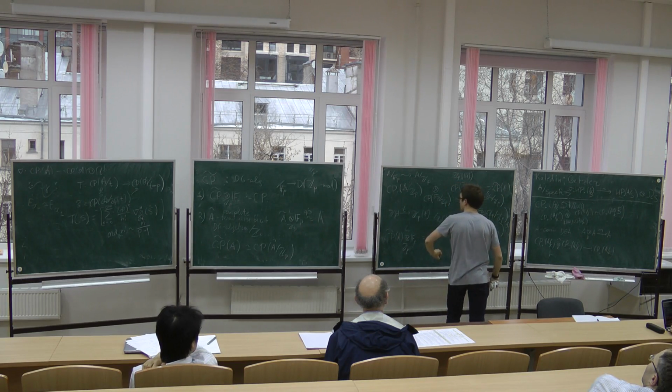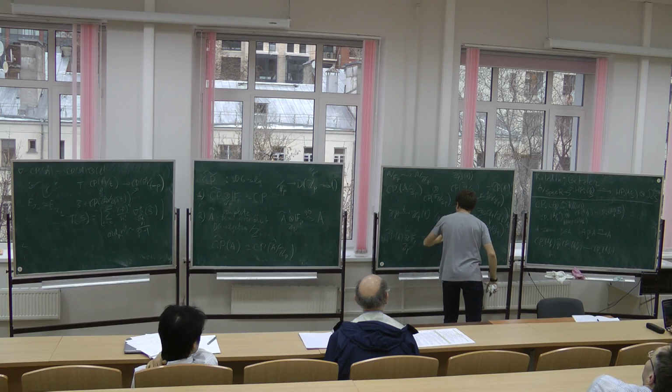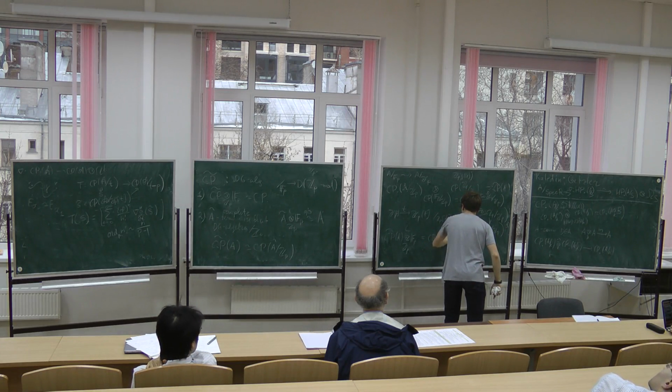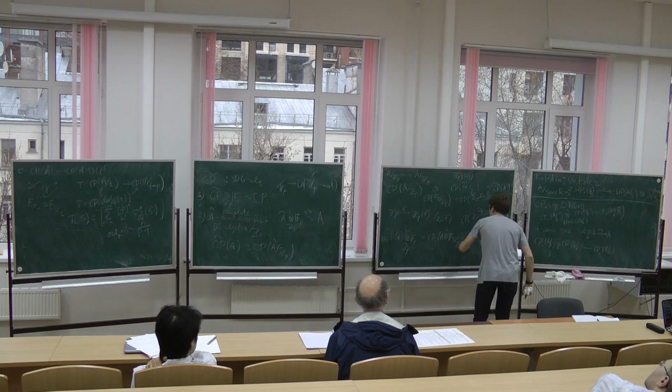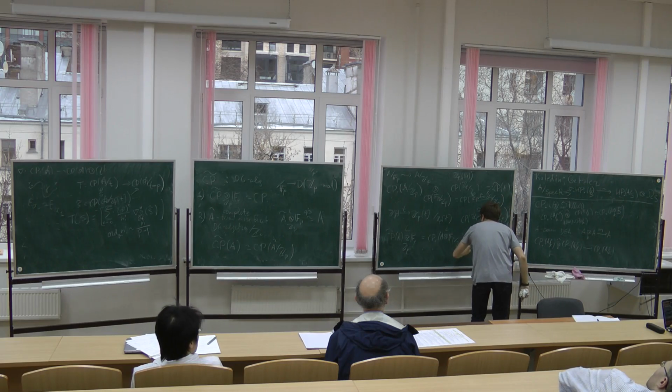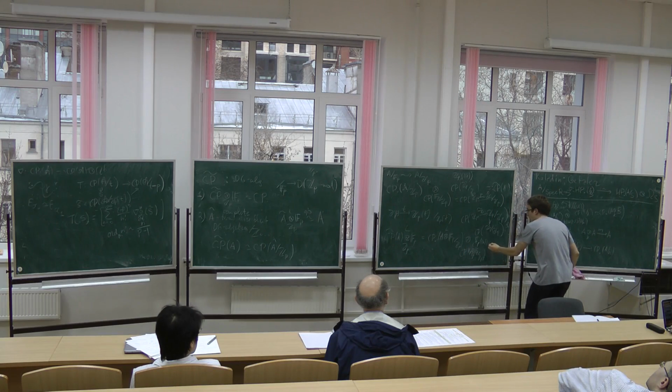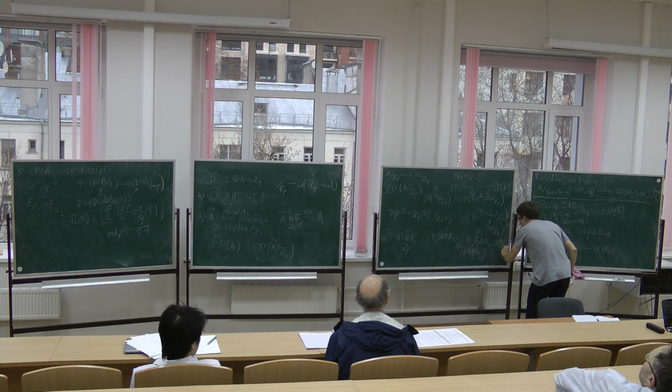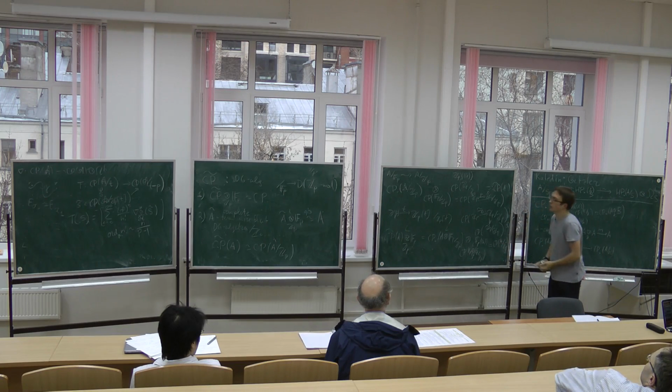So we get CP of A tensor F_p of U, CP of F_p and F_p. And again, by the Kuhn formula, this is exactly CP of A over F_p. And the potential